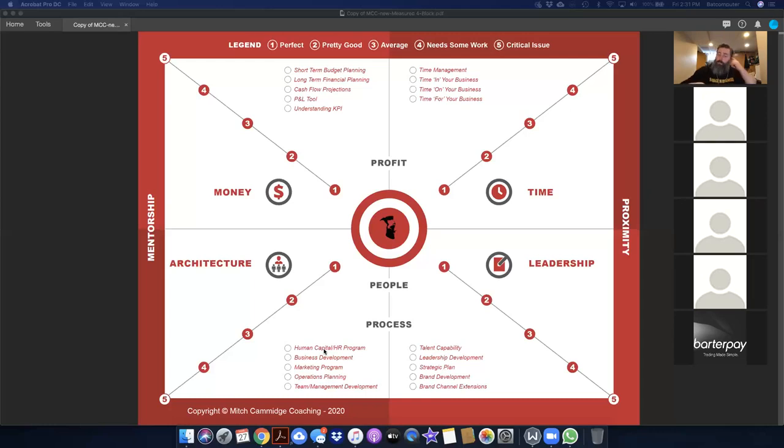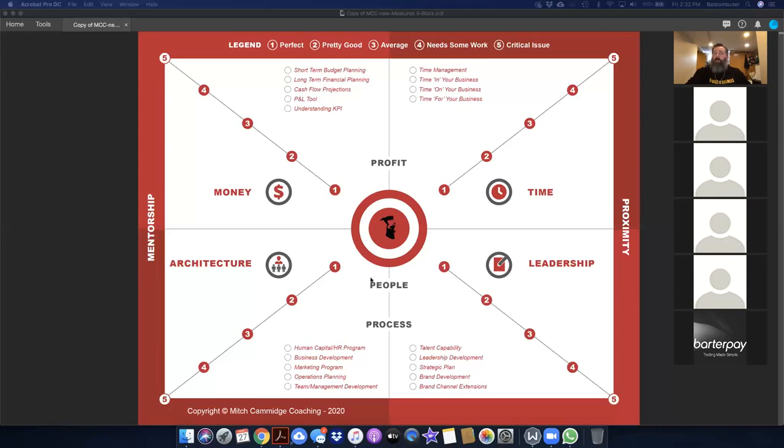And then that starts to give us the opportunity to identify where we should focus when it comes to our business. Now, these 4 components, when we look at this test measure, so that money, that time, that architecture, and this leadership, with each of their individual components in there, are really going to get measured by three different metrics. And I discussed them a little earlier on. The money and time is the top half of the page, and that's the profit side. So is the business profitable or not? Is it maximizing its returns? And is it doing what's in the best financial perspective for the business itself?